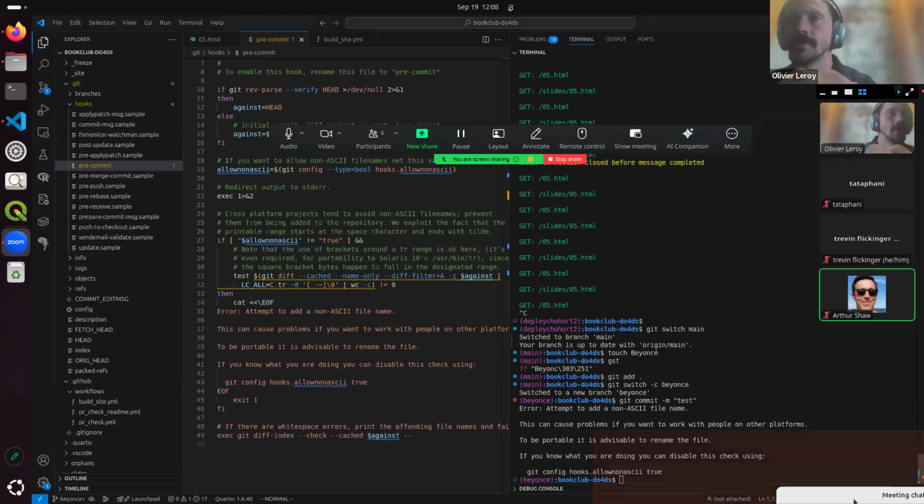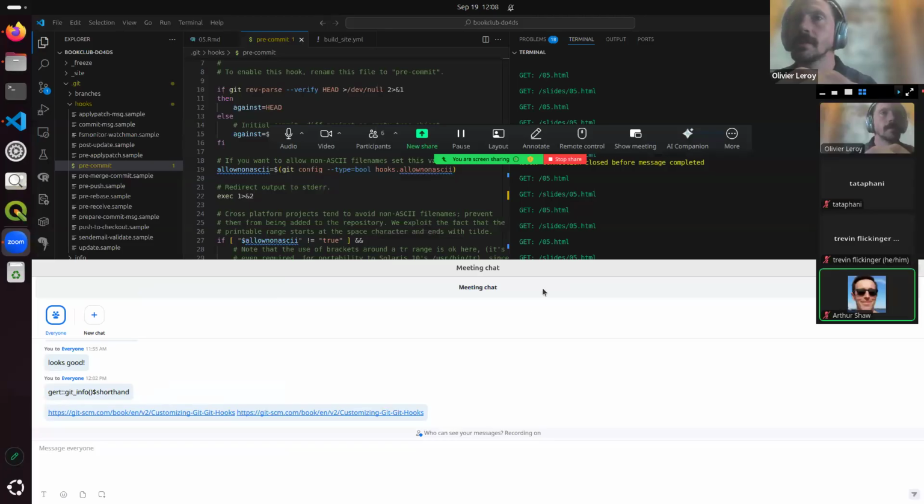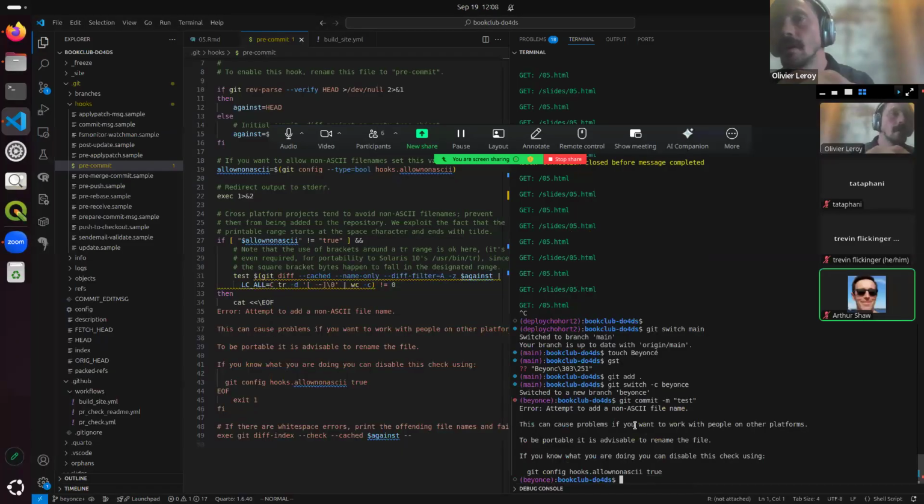Can I move that chat, please? See, what Guy is saying, I tried to put a non-ASCII file name, and it can be problematic, but it's a stupid example. You can do more complicated stuff on pre-commits, on merge, on post-merge. But this is the idea basically, and it can be done locally or remotely on your Git servers